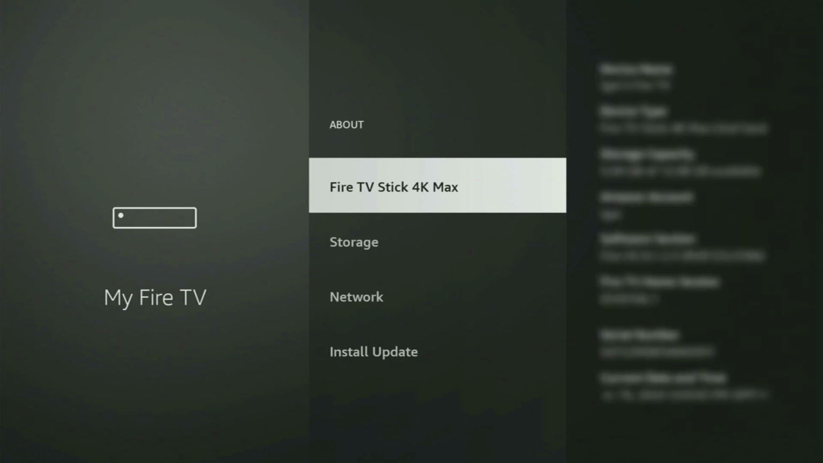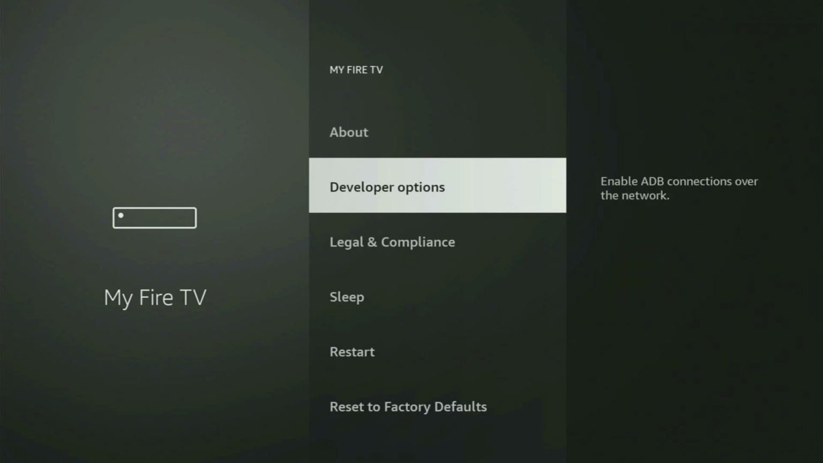Just go to About, select Fire TV Stick, and now you'll have to start clicking on the middle button on your remote, and do it fast. So let's do it. And as you can see, now for me at the bottom it says no need, you are already a developer. That's in my case. And in your case, it's going to say that you have become a developer now. So if you go back a bit, you will finally see developer options, which now have popped out for us